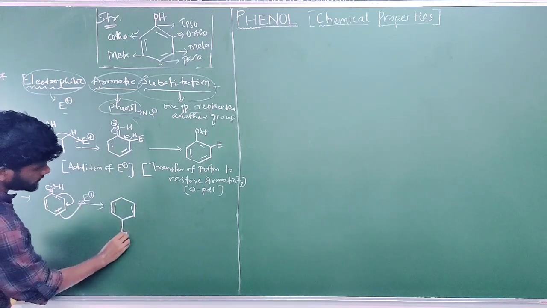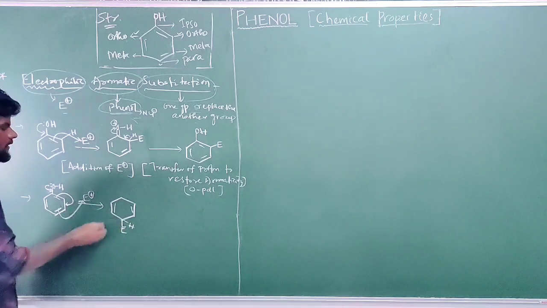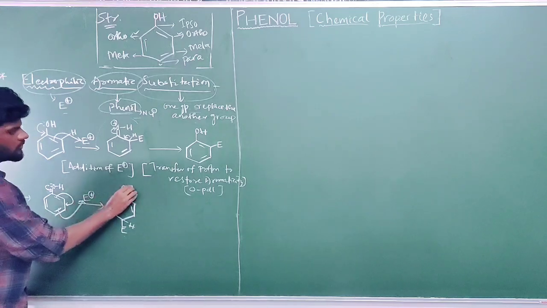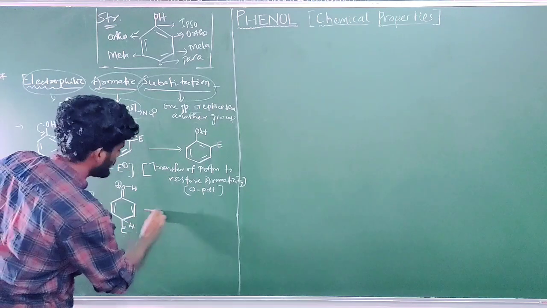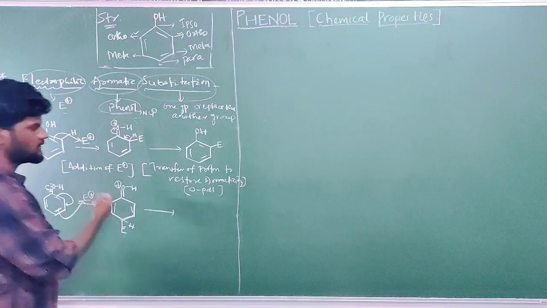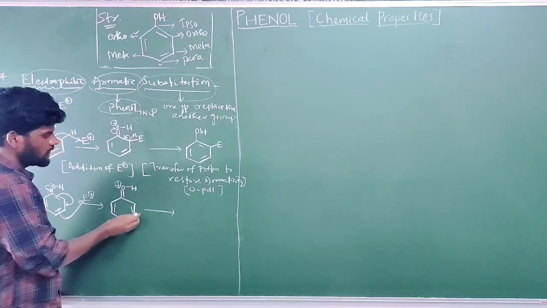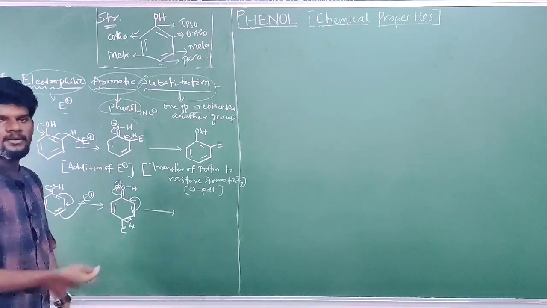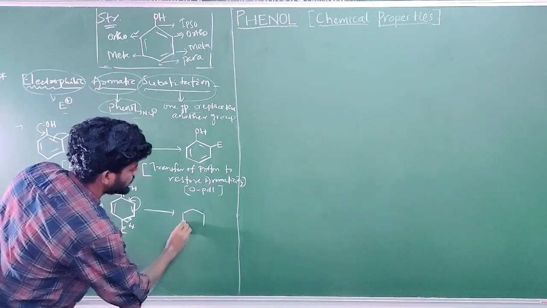So at the para position the electrophile is attached, and there is an extra hydrogen on this carbon, since carbon is tetravalent. As oxygen donates its electron pair, there is a positive charge over oxygen. Easy. In the next step, what will happen? At this step, similarly, addition of electrophile is the first step. To restore aromaticity, this hydrogen is again transferred to the ring, this bond moves over to here, and this bond moves over to oxygen and makes the oxygen atom neutral. So again it forms an aromatic stable structure.